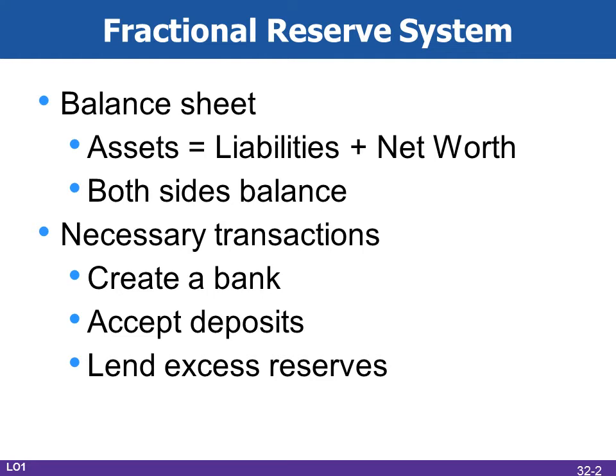So banks are in a position to make loans and therefore make new money if they have excess reserves. If a bank in total has taken in $1 million worth of deposits, that bank can safely lend out 90% of those deposits. Obviously, 90% of $1 million is $900,000. So that bank would be in a position, assuming they haven't granted any loans yet, or this is the first day they open, they've taken $1 million worth of deposits, they can create $900,000 worth of loans and therefore new money. We're going to go over this equation in more detail in the next couple of slides as well.